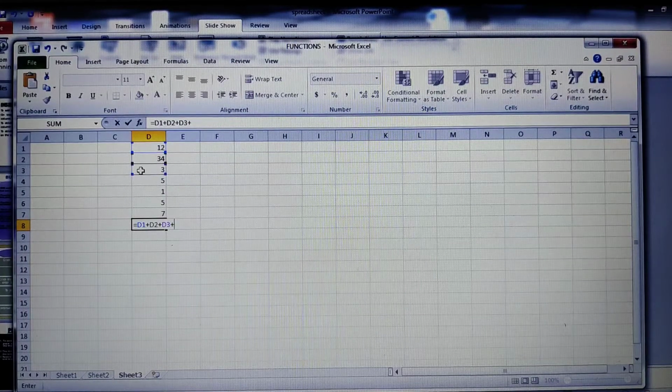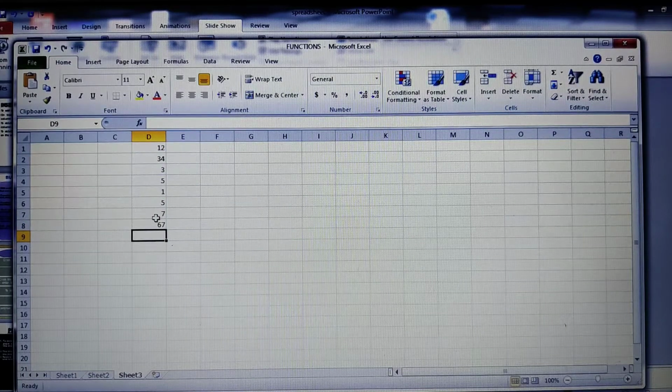Like this you have to manually select. This is one way, students, to perform the calculation in Excel. Clear? Then choose the next one and just click on enter. See, I got the sum of all these cells.